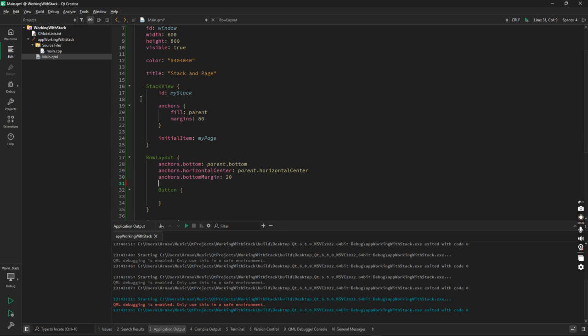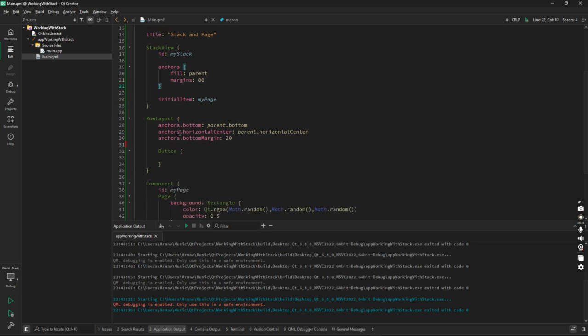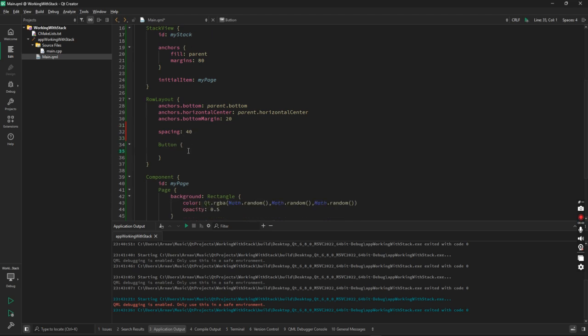Now you can obviously group them like this. I'm too lazy to do that, but that's a good practice. Also give some spacing. There will be two buttons, so let's give it a spacing of 40. Now the first button, let's not make it very fancy, just simply text will be add page, and on clicked